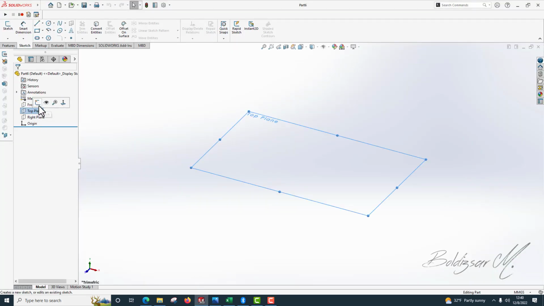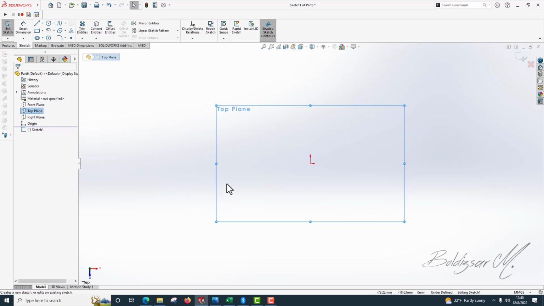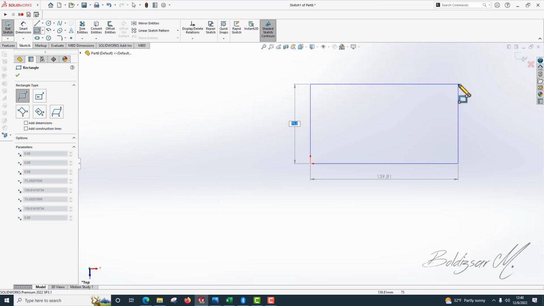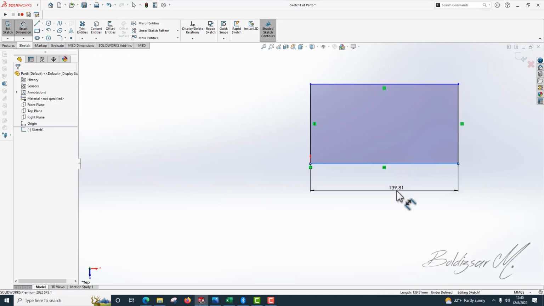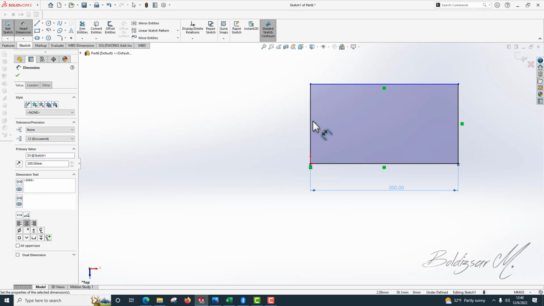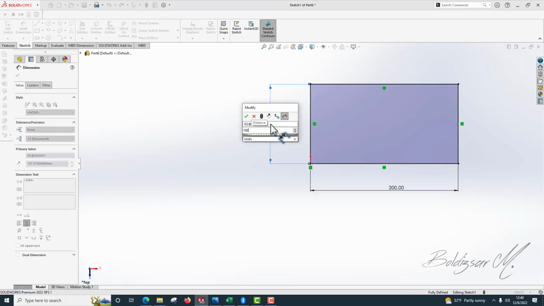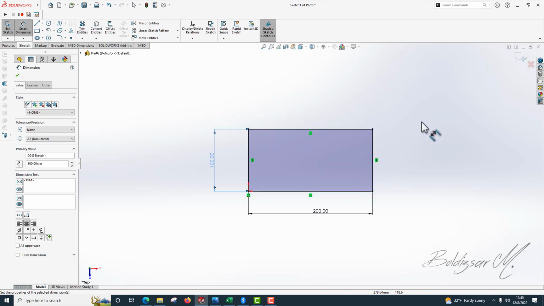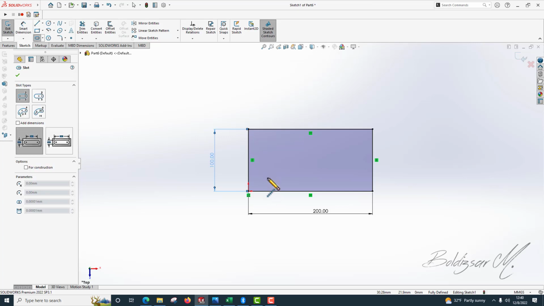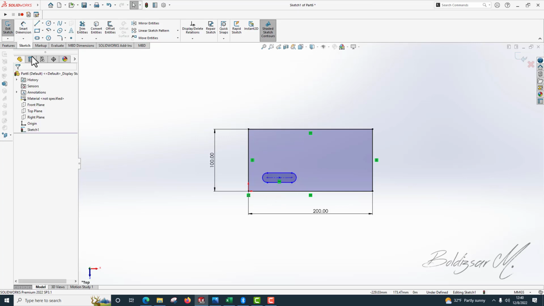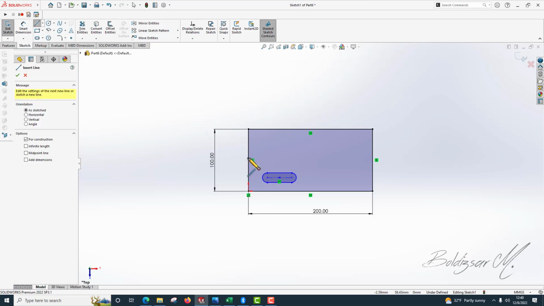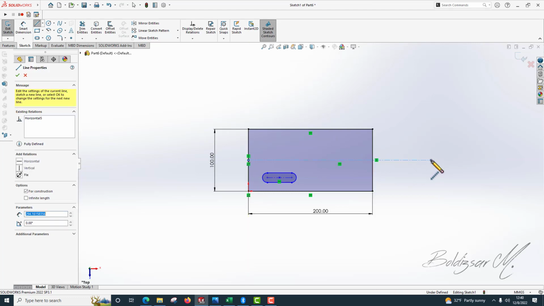We will choose now top plane. So draw that rectangle 200 by 100. Okay, draw that slot. One is okay. I forgot we make this here an axis. We choose here midpoint. Okay,